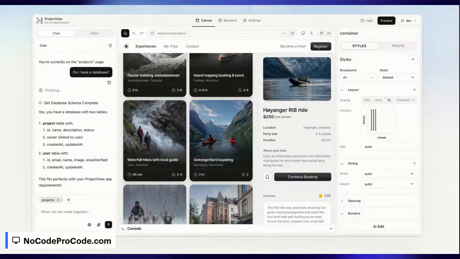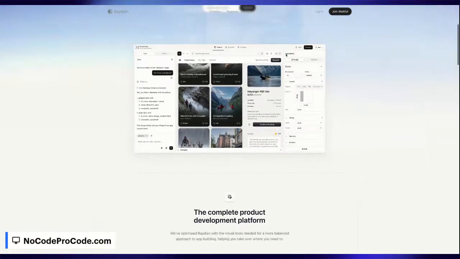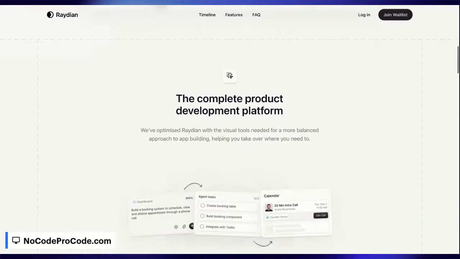That's essentially what it is. And I really like that you can visually style stuff, and then you can vibe code the thing, and you can switch between chat and editor. It kind of reminds you of WeWeb, but it's full stack. So you have canvas, backend, and settings, right? So I think it's really impressive.